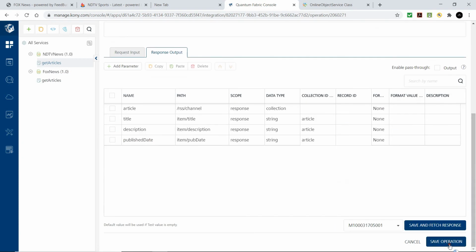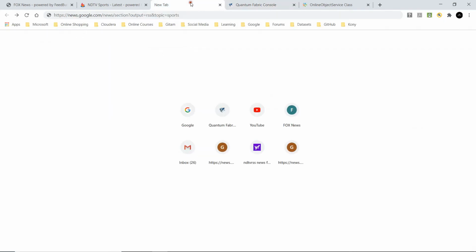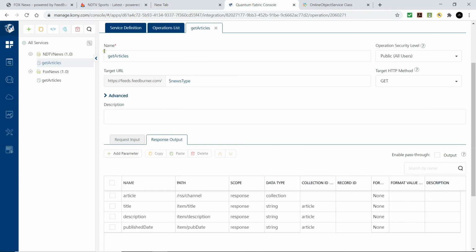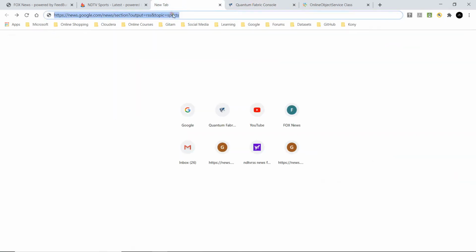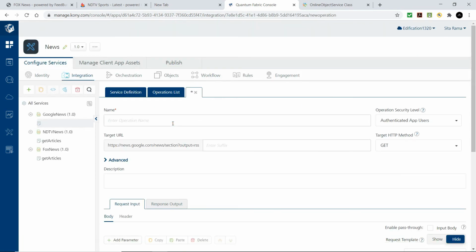Let's save this operation, and we'll do the same of creating one more integration service for fetching the news from the Google News feed. We'll define get articles as the operation name.